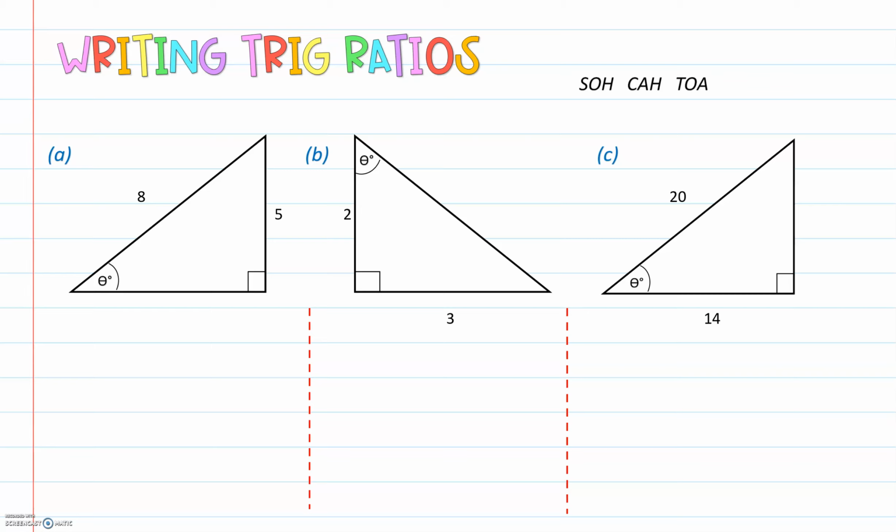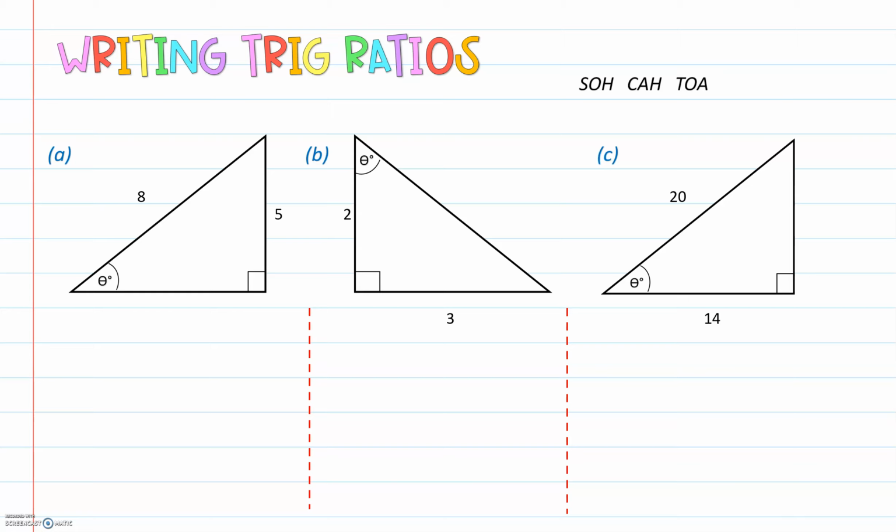Writing trig ratios. We're going to apply our knowledge of the three trigonometric ratios using sine theta, cos theta, and tan theta to write ratios for these three triangles. So it's good practice to write SOHCAHTOA at the top of your page, like I have done, to help when working through these questions. So to write the trig ratio for each of these triangles, we're going to complete 3